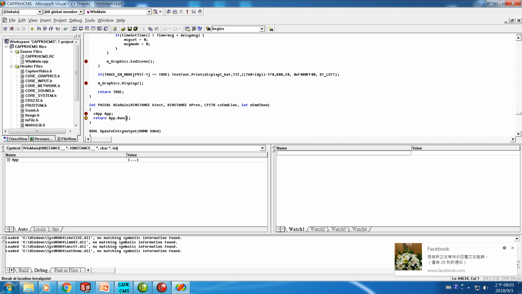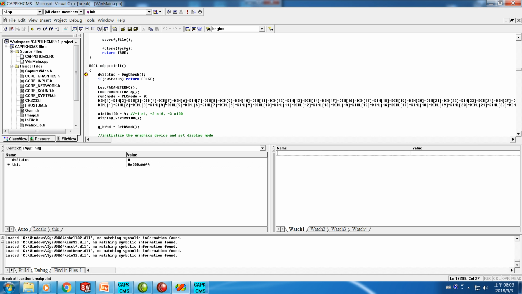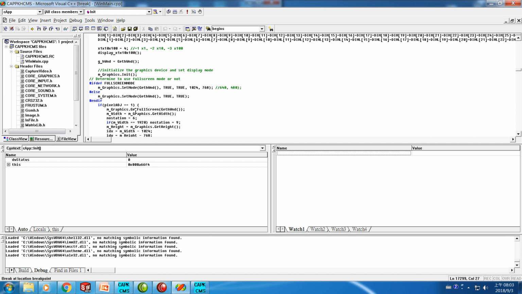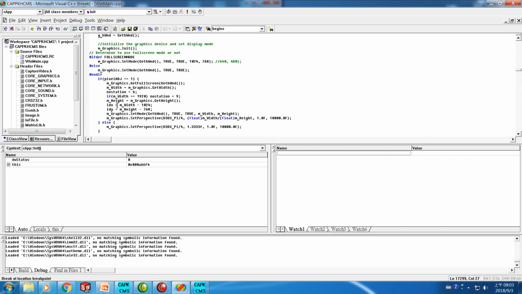In run, we'll visit initial first. Let's see if it is true or not. Press key F5. Okay, we'll stop at the first line of initial. In initial, you define some variables, and suppose for the full screen, the program will do the full screen perspective for the user,